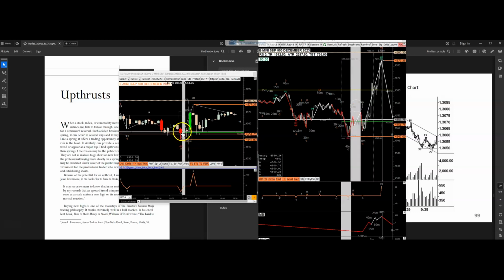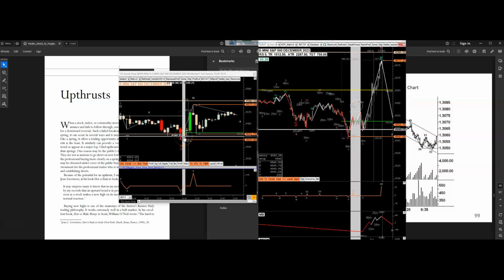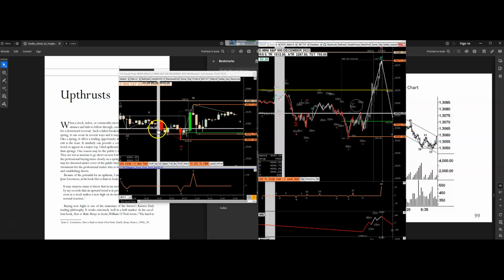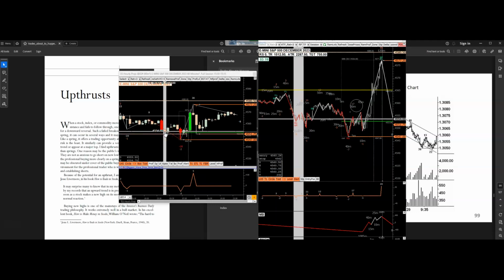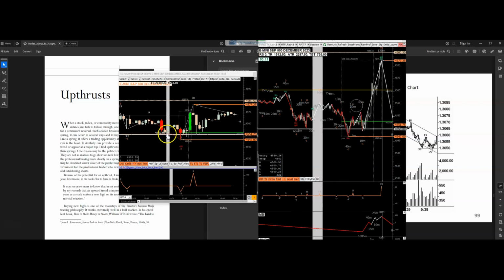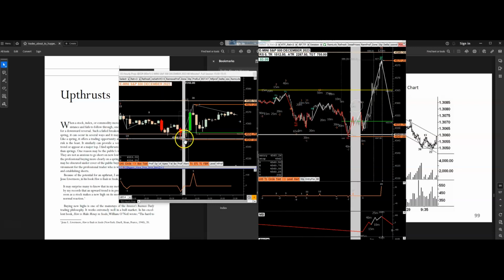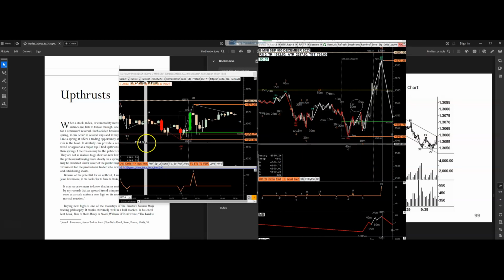Problem. It's not a red bar and it doesn't make a lower low. Problem. It does not qualify as a follow-through bar. A follow-through bar is either a red bar, and this is actually from my experiences, so I know what this stuff is. Follow-through means it's follow-through selling, and there's no evidence that this green bar is follow-through